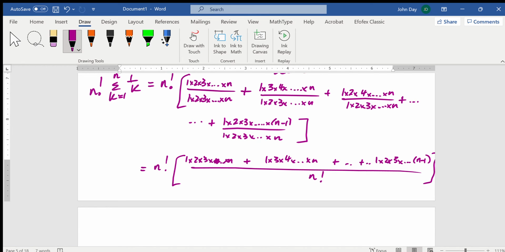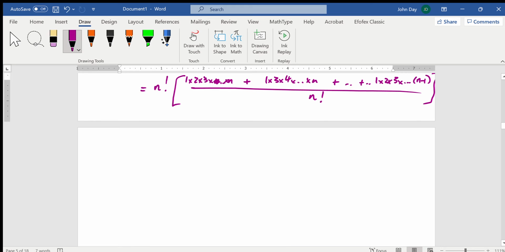And those n factorials, because there's n factorial outside the brackets, it'll cancel with the one that's underneath, and you'll end up with 1 times 2 times 3 times up to n, plus 1 times 3 times 4 times up to n, plus all the way up to 1 times 2 times 3 times up to n minus 1. You'll just end up with that. And you'll be able to simplify that. You'll be able to factorize the highest power of 2 out of that. All right, so that's equal to 2